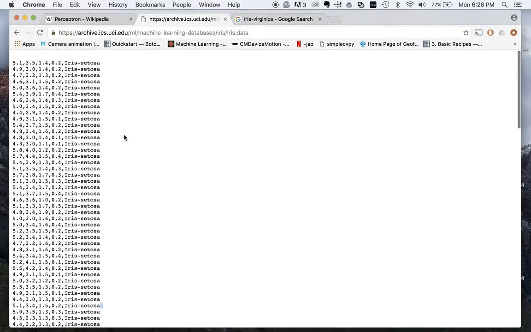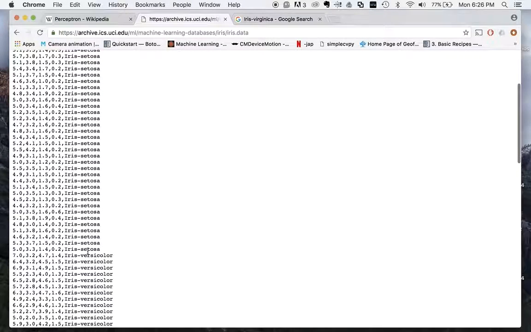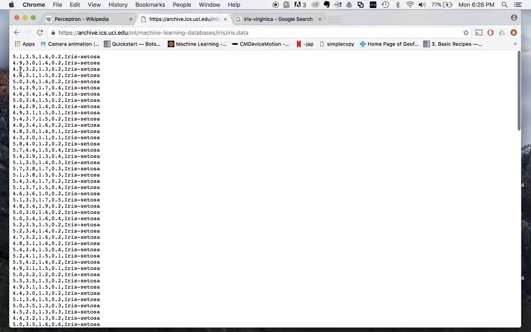For mathematical purposes, I'm going to use -1 as class 1 for Iris setosa and +1 to represent versicolor. That's my second class. And these are my feature vectors, that is sepal length, sepal width, petal length, and petal width. So now that we have an understanding of what the data looks like,